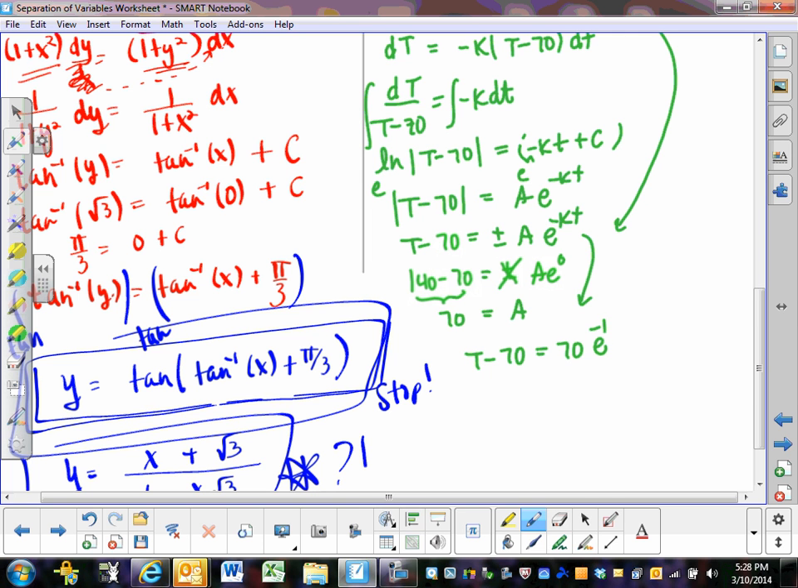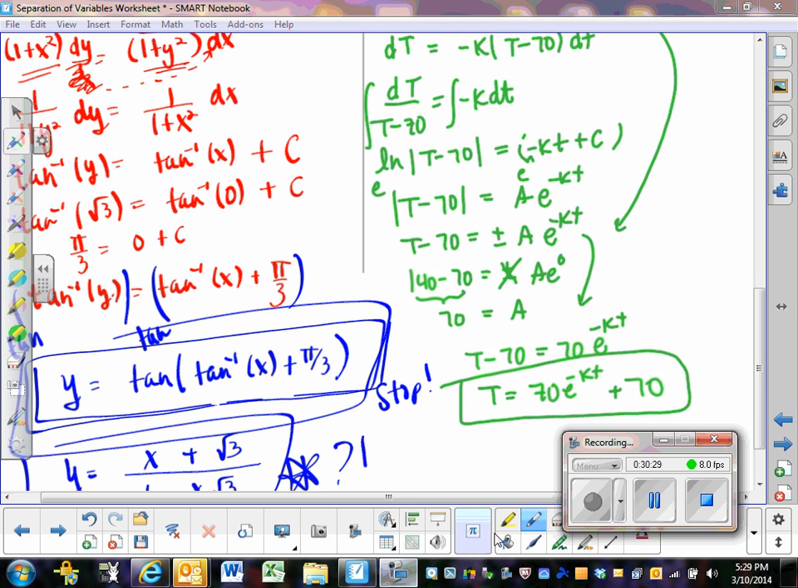So I'm going to have 1 over 1 plus y squared with the dy, and 1 over 1 plus x squared with the dx. So we have inverse tangent again on both sides this time. So inverse tangent of y is equal to inverse tangent of x plus c. So then inverse tangent with the y value, which is root 3,